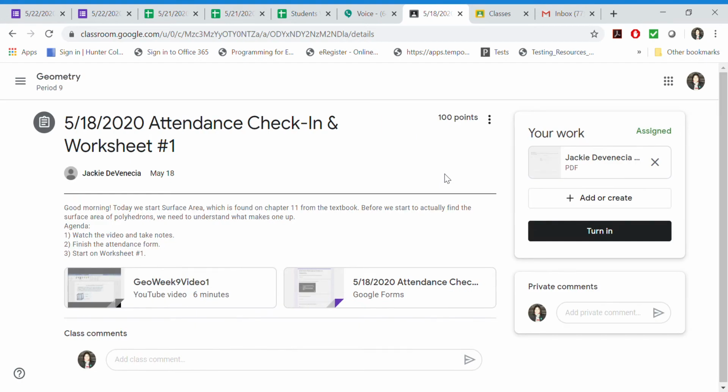All right, so this is how it would look. I think on the phone, this section would be underneath, but if you're on a laptop, this is how it would look. We have the name and the date. So all your assignments are dated. And then over here, I have a little blurb about where you can find this work. It's in chapter 11 from the textbook. And then we have the agenda. So the video,